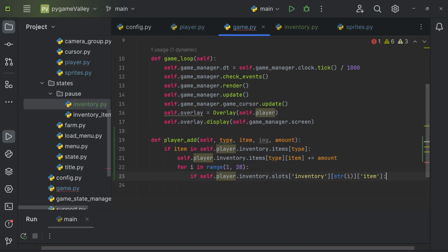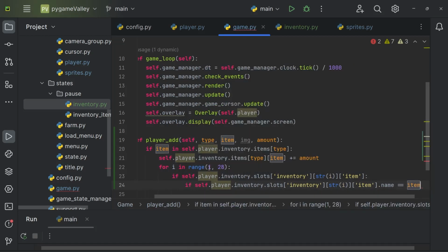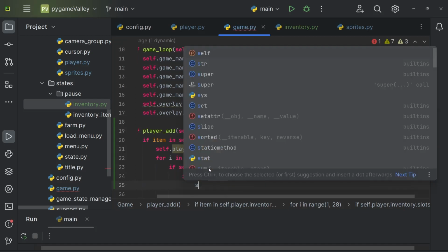All right, so for each slot, if there's an item in that slot, and then let's copy this because we're going to use it a couple times. If self.player.inventory.slots[i].item.name is equal to item. So if there's an item in the slot, and if that item is the item we're adding, then we're going to do